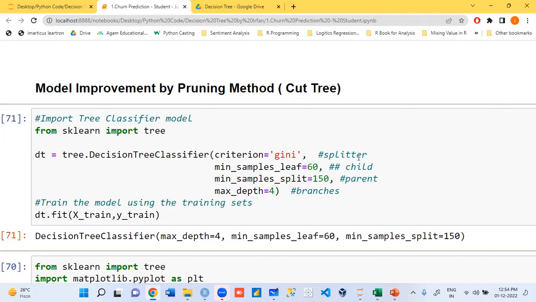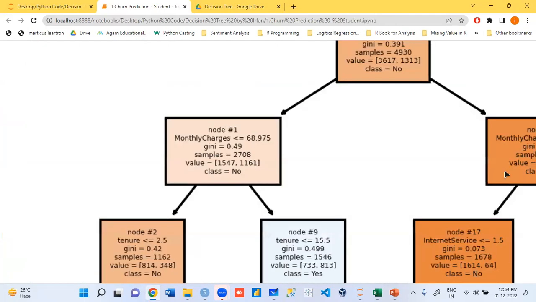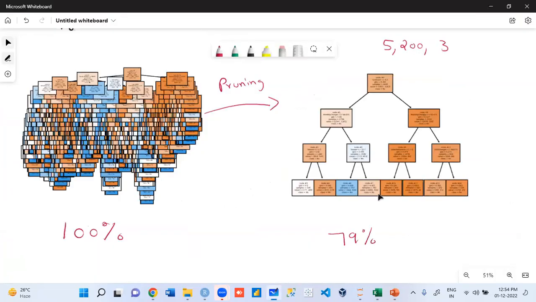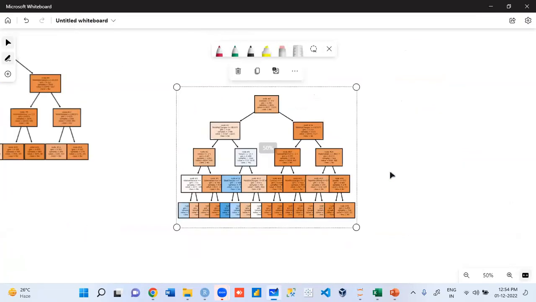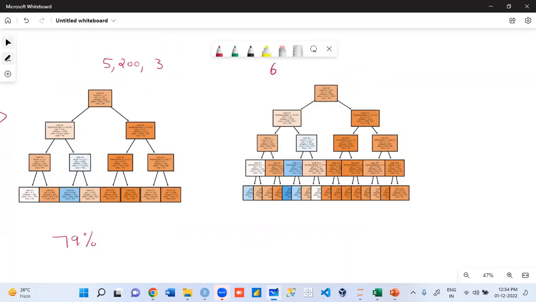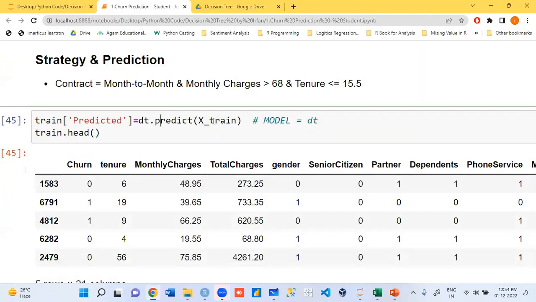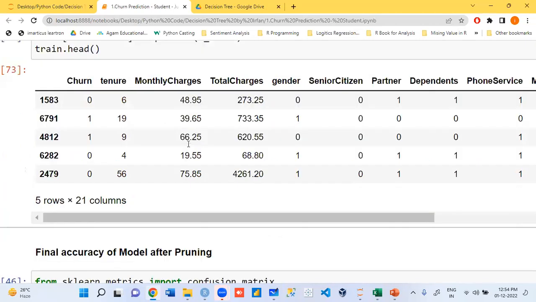I just ran the model. I'll make the tree. The tree should have 4 branches. I will copy this. Do we have 4 branches? The combination we have taken is 60. DT dot predict for X. Okay, we have the predicted value.